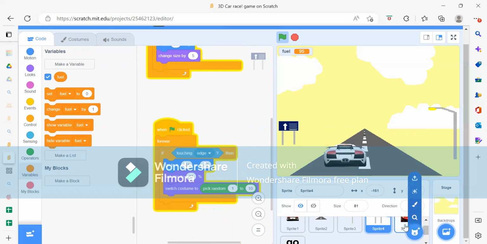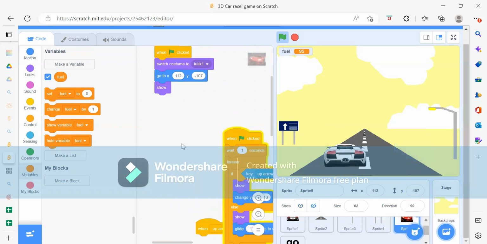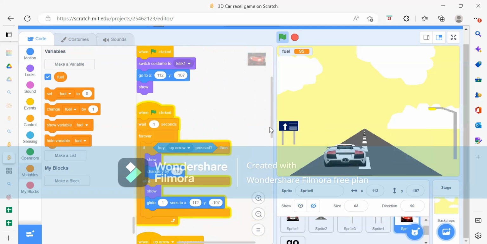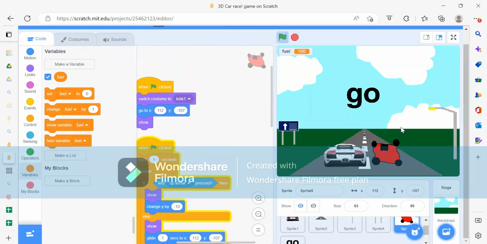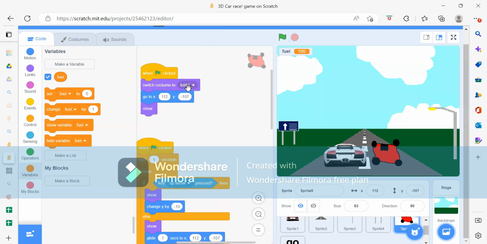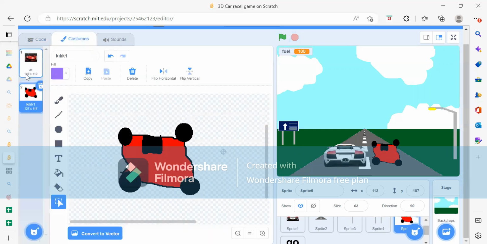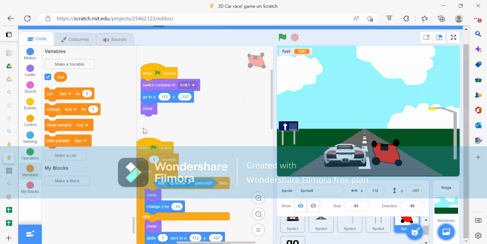Okay. After that, we will do our next one. So what is this sprite? This is your red color, as you can see. So what do we need to do here? Initially when the flag is clicked, we want this costume, because here we have 2, but initially we want this costume. We have to go to this particular position, which is X position 112,